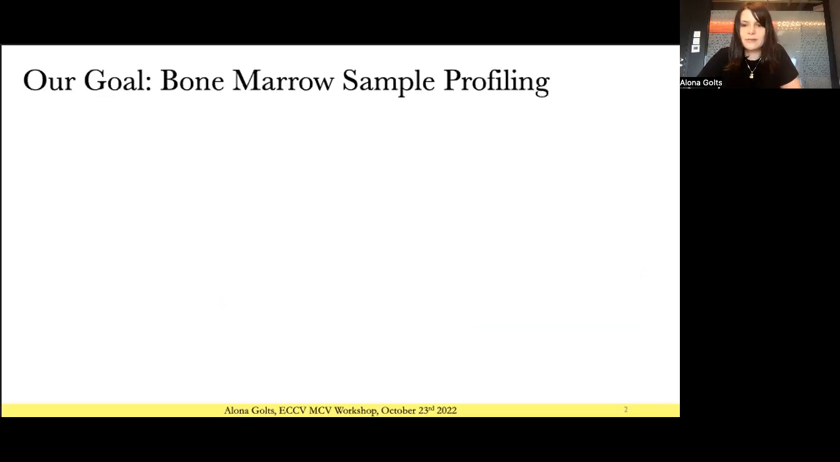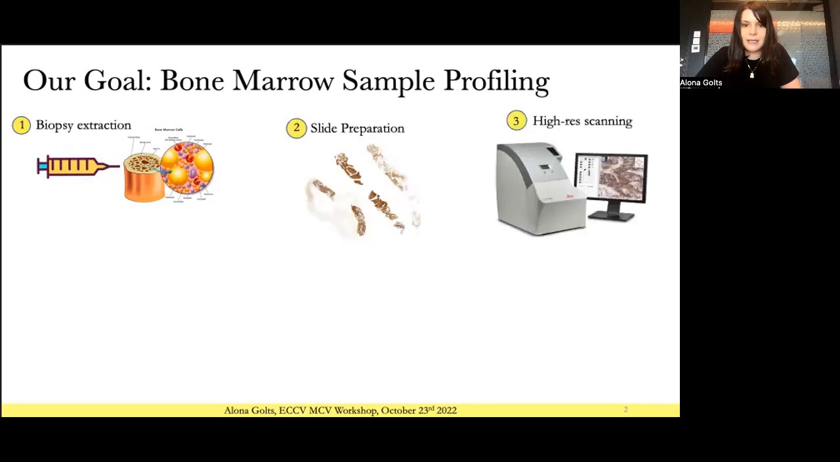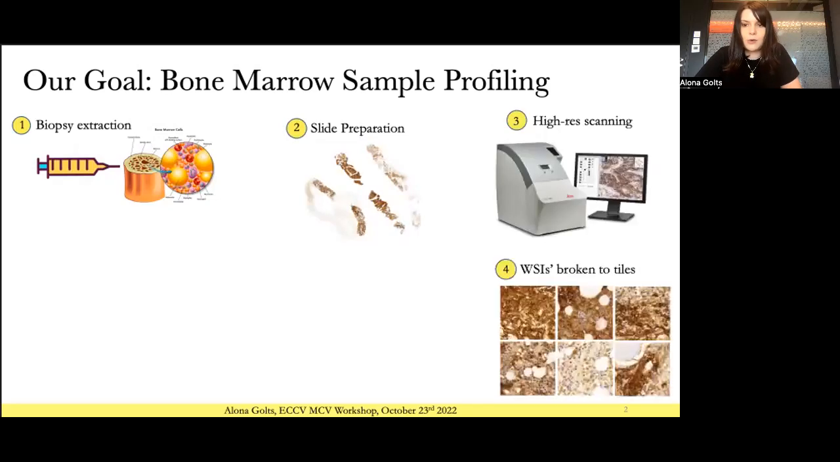So before we dive into the details, here's a brief view of what we shall see in this talk. We start from a biopsy extracted from the bone marrow sample of a diagnosed patient with multiple myeloma. The bone marrow smear is then transferred to glass slides, stained and scanned with a high-resolution scanner. The result is a whole slide image. The whole slide image can be broken into smaller sized patches called tiles, which serve as the input for our